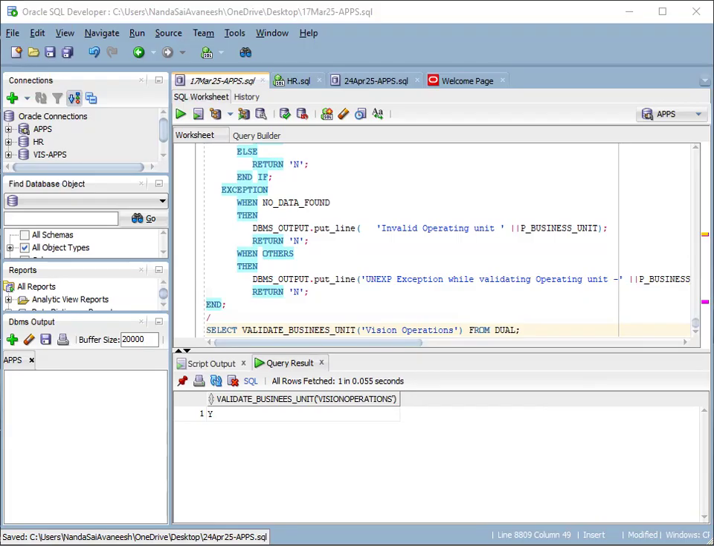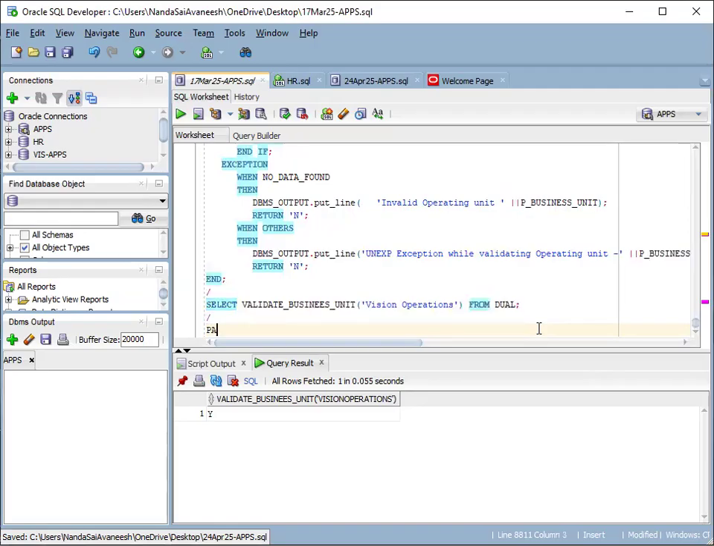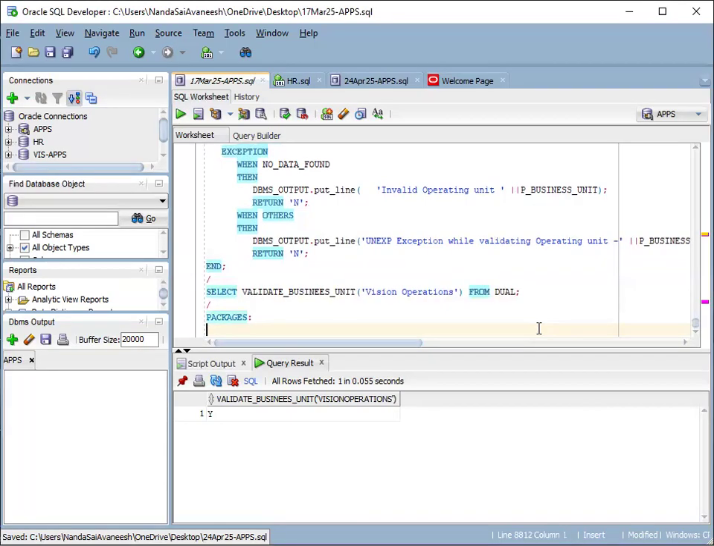So we'll move on to the next topic, packages. Any doubts in this? Functions? Okay. So a package is also a database object which is used to encapsulate variables, constants, procedures,